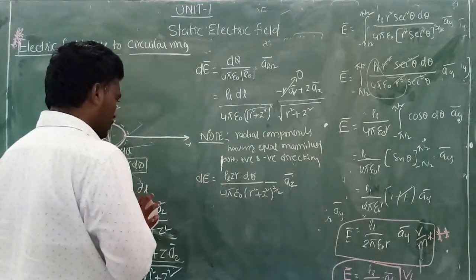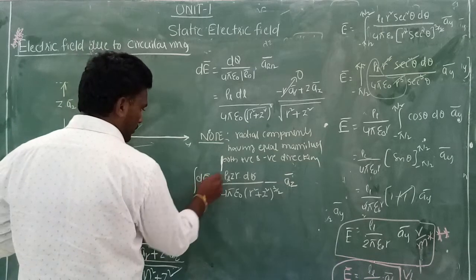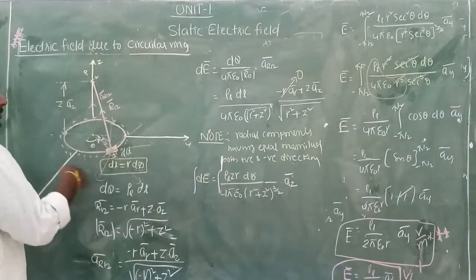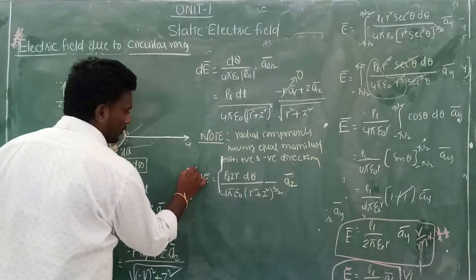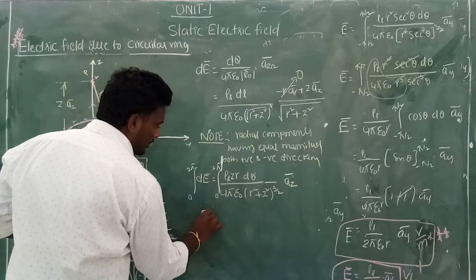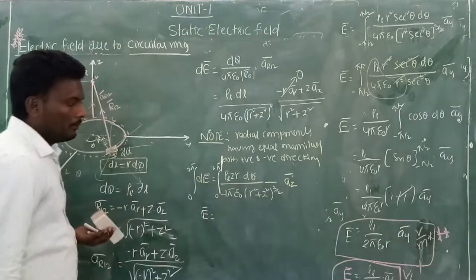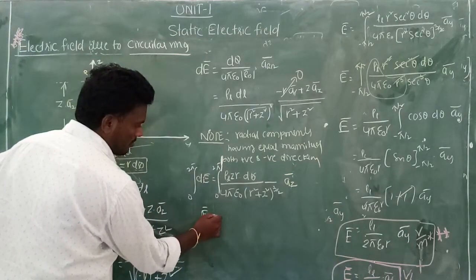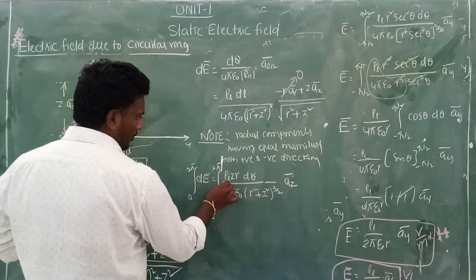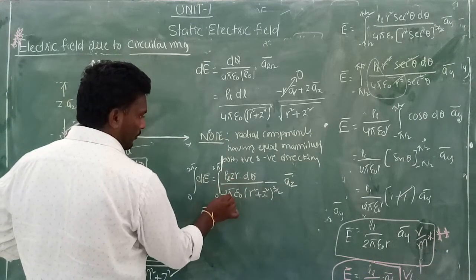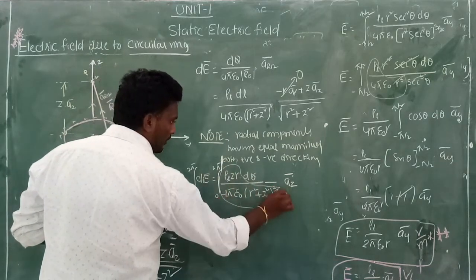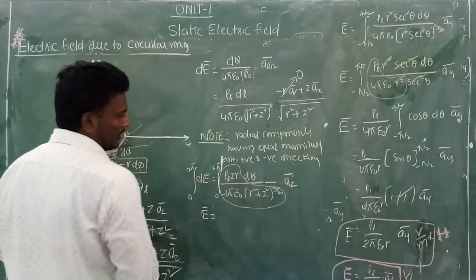Do the integration on both sides, with limits with respect to phi. Phi is moving from 0 to 2 pi. So it is 0 to 2 pi on both sides, and E bar is equal to... tell me what is the constant here? rho L z r by 4 pi epsilon naught, r square plus z square whole power 3 by 2. This is a constant. Why? Because there is no phi component in this integrand.